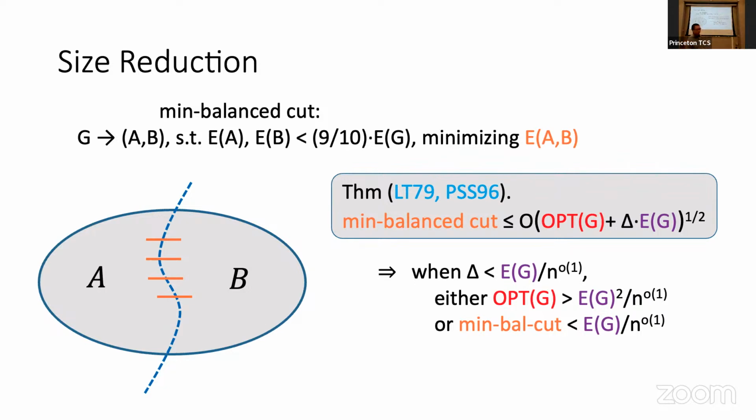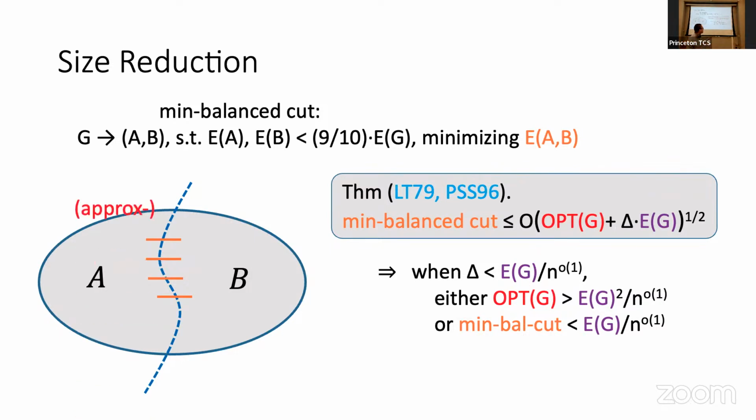Okay, the whole thing is square root of n. We're not dealing with general graphs, but planar graphs. So this shows that as long as the degree is not crazy, where crazy means one vertex takes almost all edges, either the OPT is large, in which case we do not worry about this graph at all, because the crossing number is already too large, so drawing it arbitrarily is almost optimal. Or the min balanced cut is small, and then we can afford to cut it without cutting too many edges,